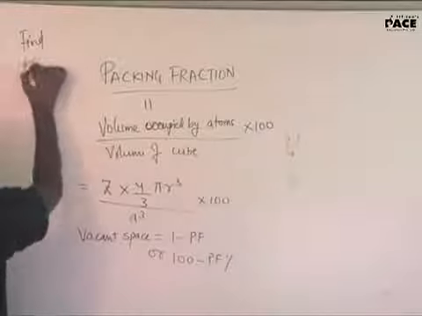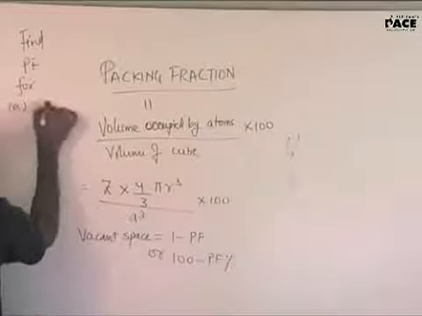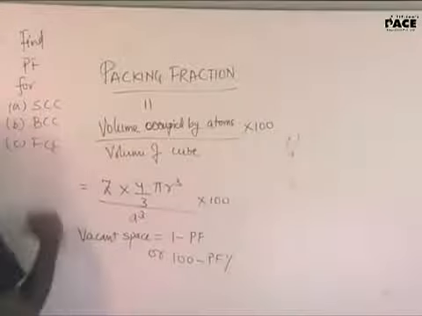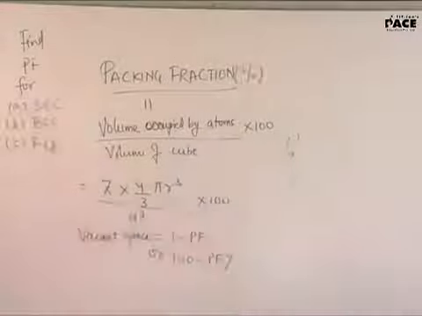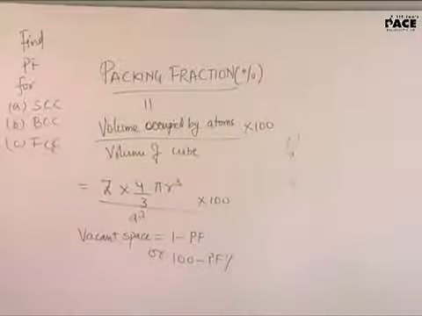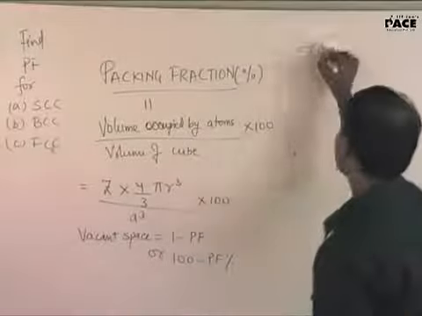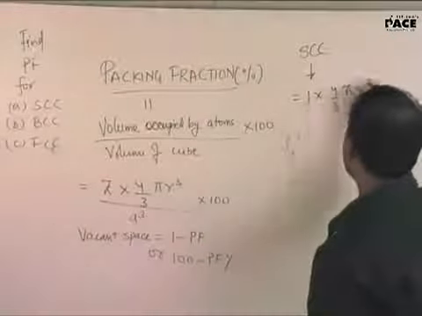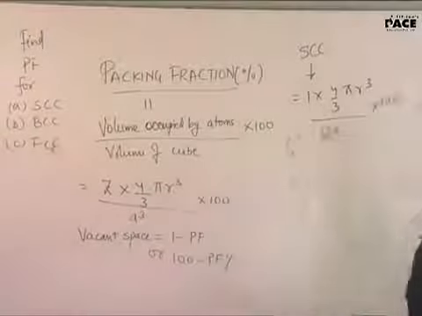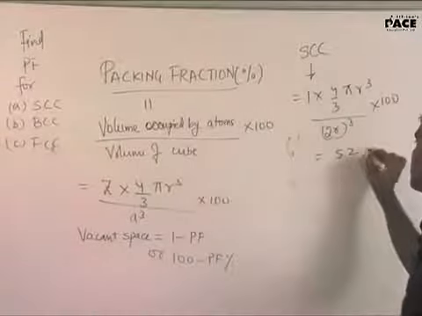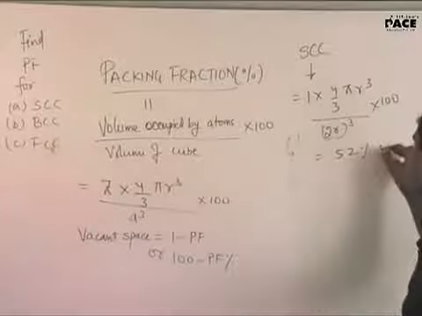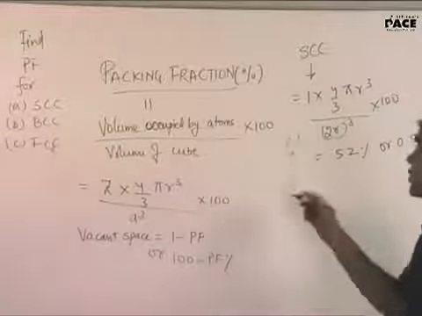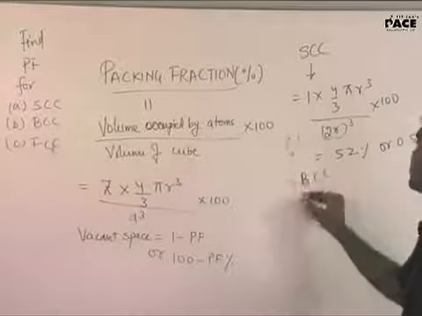So what's the task for you now? Find packing fraction for A, SCC, B, BCC and C, FCC. Do it now. Calculate. Done? Yes, sir. So what is coming out for simple cubic? I can say it will be 1 into 4 by 3 pi r cube, and this will come out to be 52%, or 0.52. That is the answer for everyone. Yes, sir. So if I take BCC, it will be